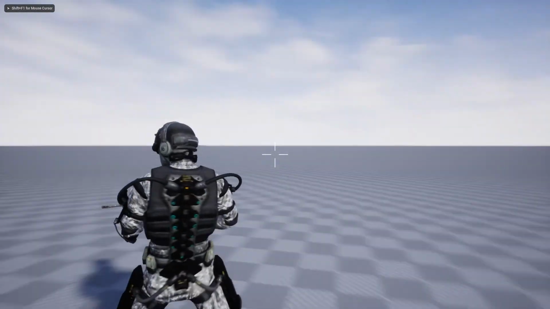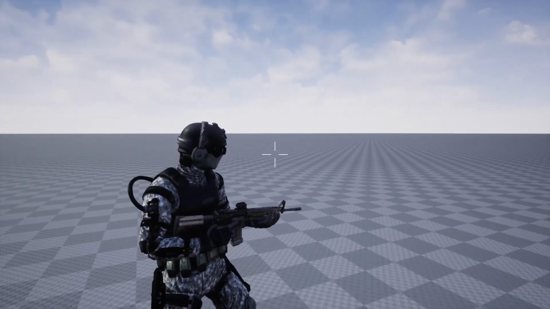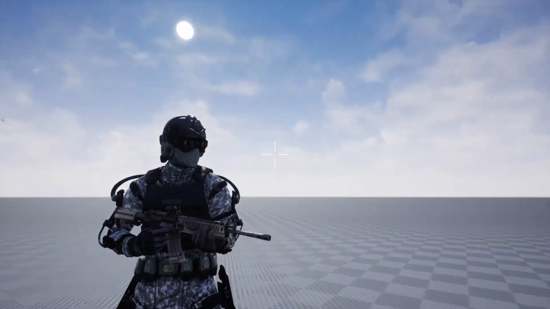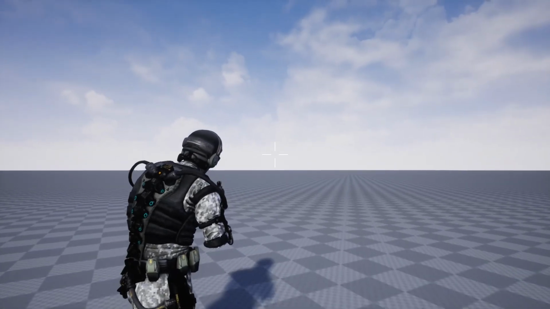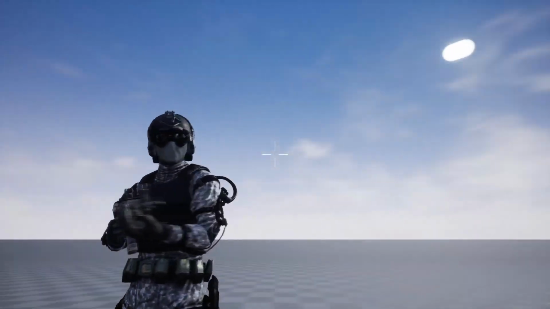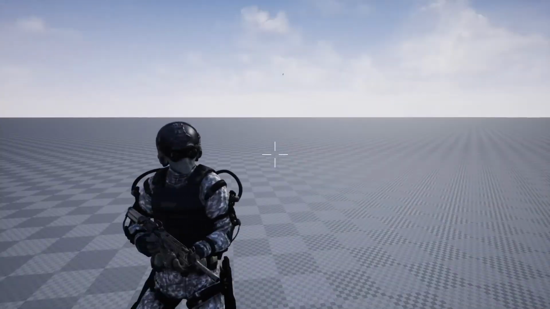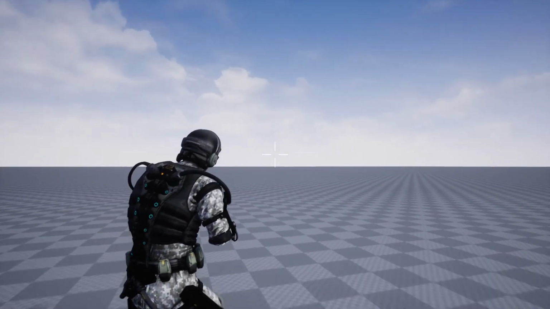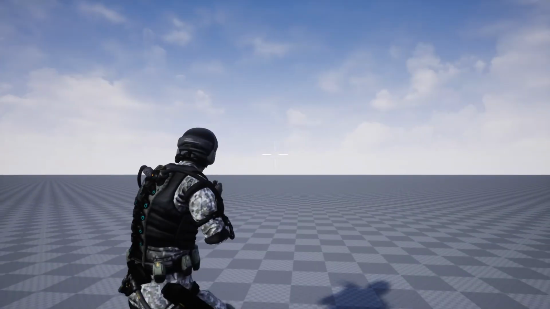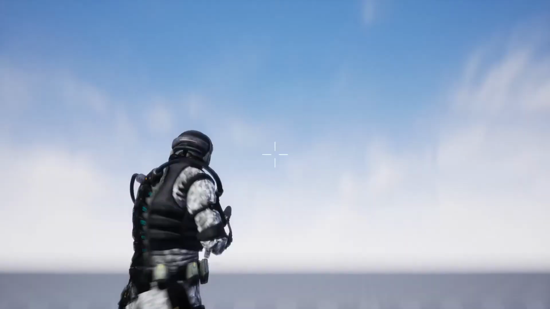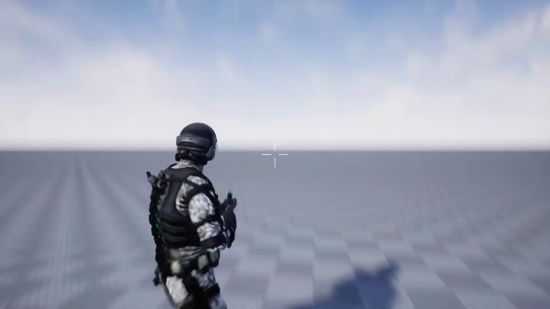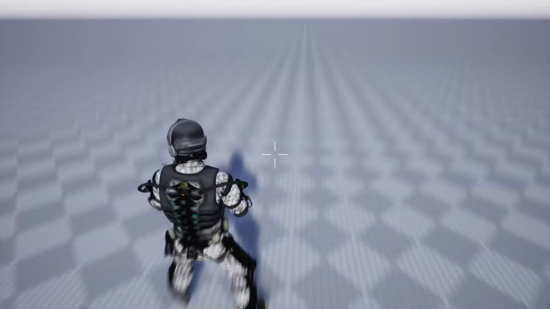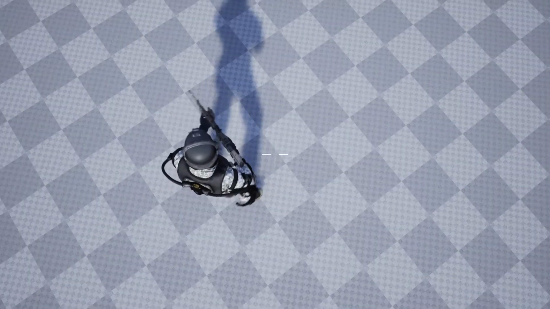Hello everyone. So today I'm going to modify my camera controls like this. The character will be at the side of the view like this, and I can look around like this, and if I start moving, the character will turn to that direction. Also, if I look down, it will be like this, and if I look up, it will go as far as this. Right, so those are the things I'm going to cover today,